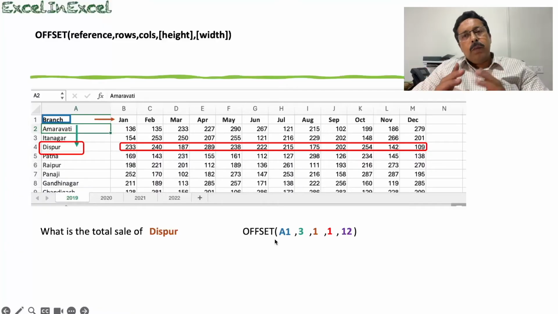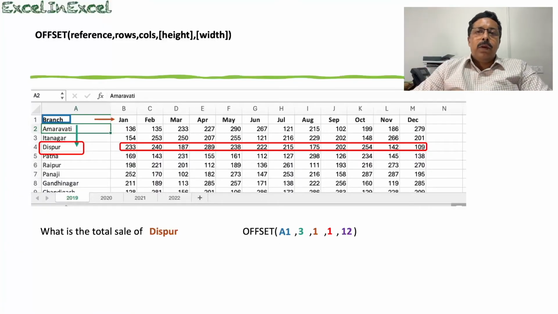But I am writing this formula in a single cell. So, I ideally should be able to store only one value, and therefore, since I was looking at the total sale, we can sum this entire range. As you can see, I have done a sum on a range which was provided by offset. I could have written the formula as sum of, let us say, B4 to M4,